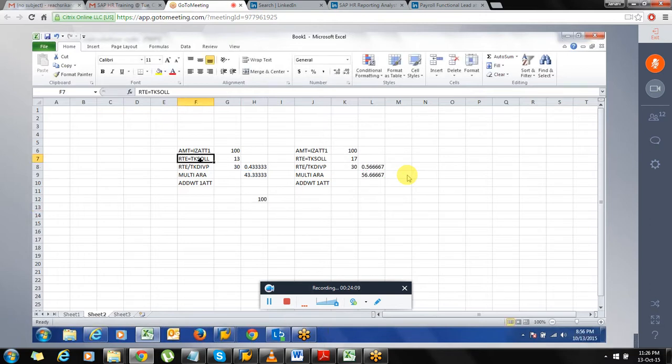Okay, 13 divided by 30 I am doing. Okay, if there is no split, it will become 30. If it is only one split, the amount directly it will become 100. And second split, there is no concept of second split, right? So here we have split, so it is calculating like this. If there is no split, the TKSVL itself becomes 30 or 31 basing on the month, and it will calculate direct 100. Right? We will see how it is working when you run the payroll.